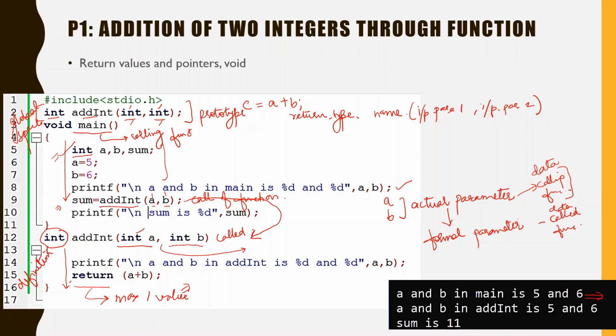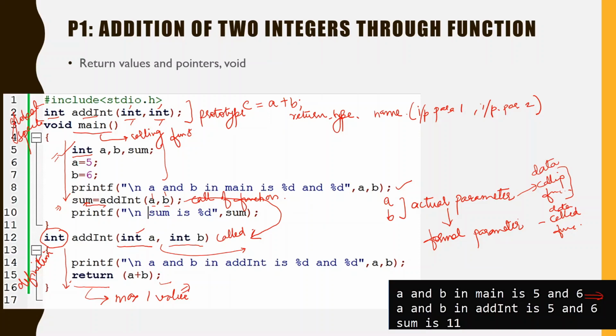Suppose the value you got is a character or float; before transferring the value to the calling function, it is converted into this return data type. Then the value reaches the calling function, which transfers it to the output parameter, the parameter looking for the output.